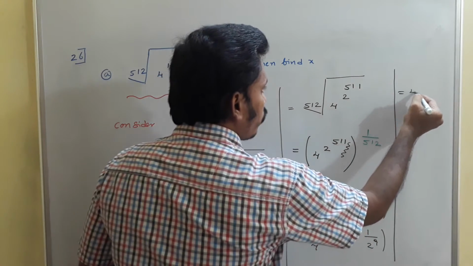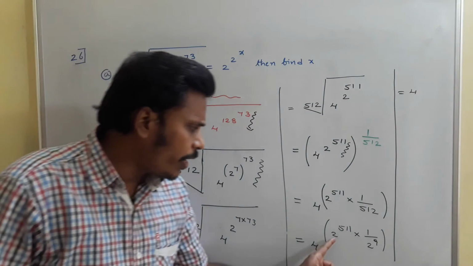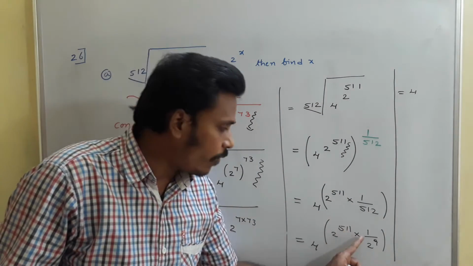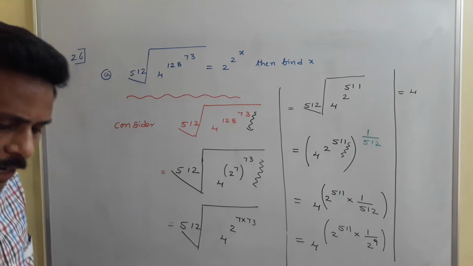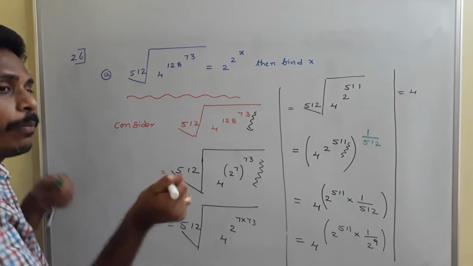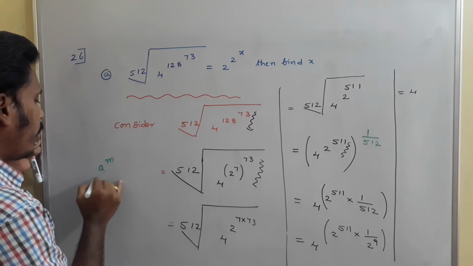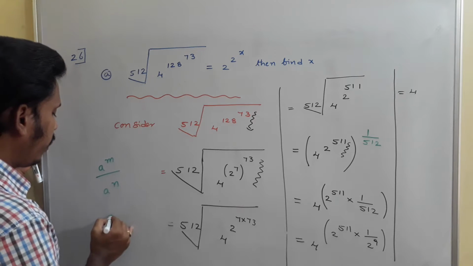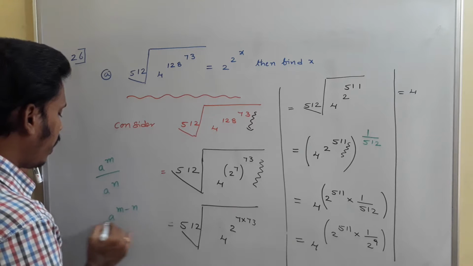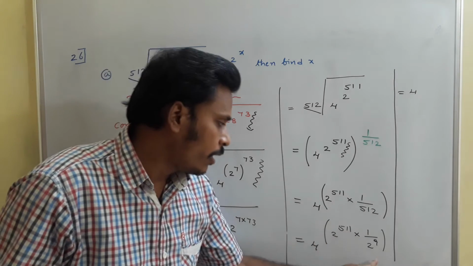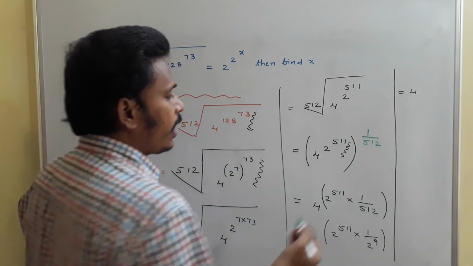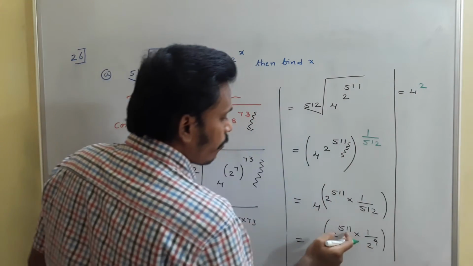So this is equal to 4 to the power... see, now it is a power m divided by a power n. Is it right? You already know that particular law, right? A power m divided by a power n is a power m minus n. With this idea, 2 power 511 divided by 2 power 9 can be written as 2 to the power 511